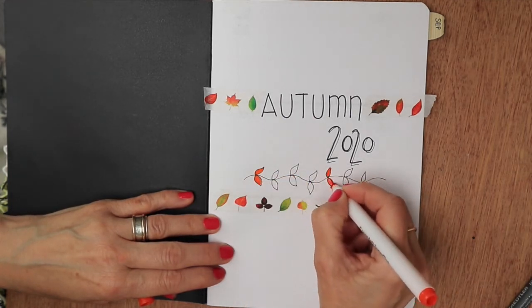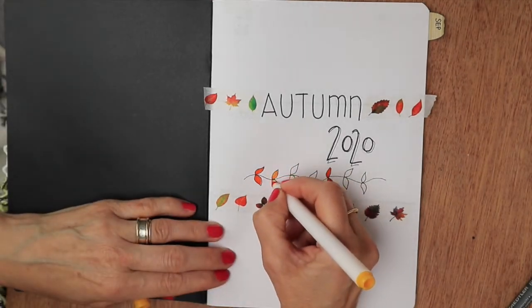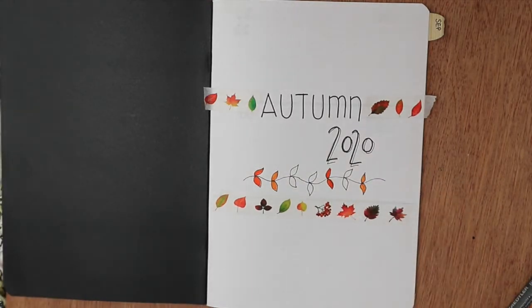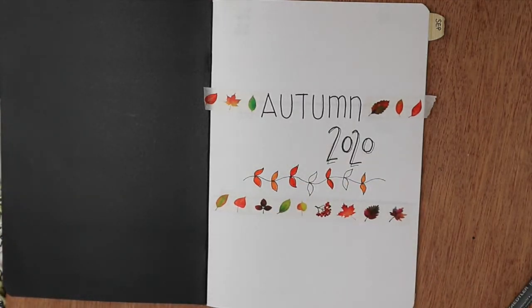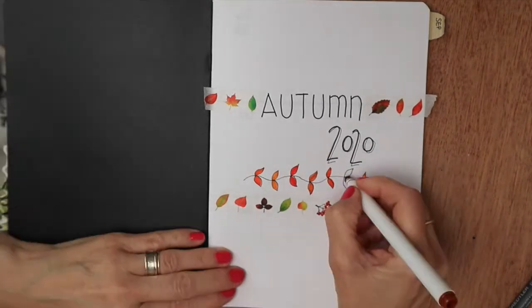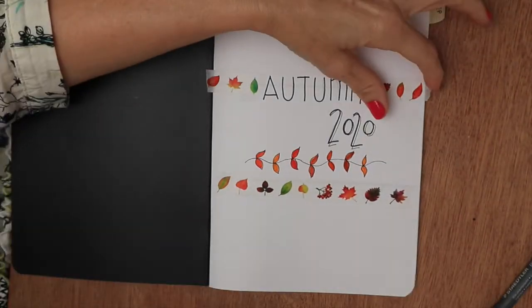And then I'm just colouring the leaves that I've done here in a variety of yellows and oranges and a couple of browns as well, to give that autumnal tone to this section of my bullet journal for the end of this year. So it's going to be the months of September, October, November and December, and hopefully this whole book should be able to cope with that, and then I'll start my new bullet journal at the beginning